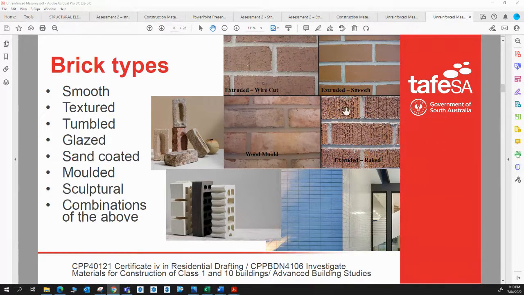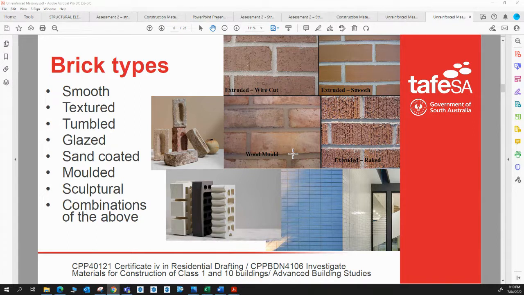Some of your textured bricks, so this extruded and wire cut, really hit their stride late 80s, early 90s, and then some of your wood mould bricks, which is a little bit more in vogue currently, has that more